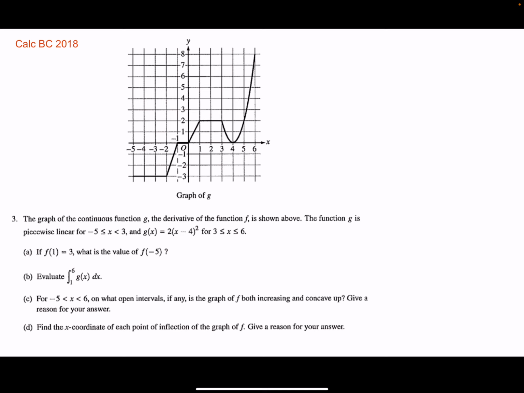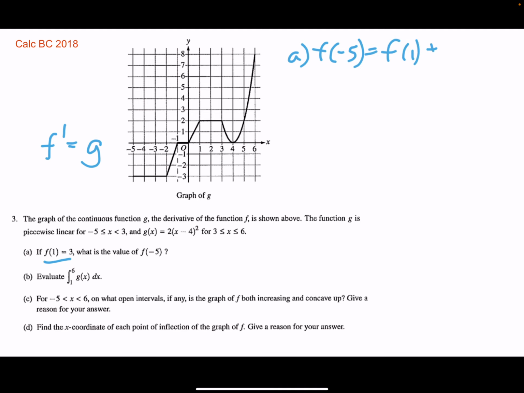They're telling you that the derivative of f, which is g, is shown. So I know that f prime is equal to g. I'm looking at g. I have an old value of f, and I want a new value of f. So what I'm going to do, which is the way a lot of you guys are approaching this, is say that f of negative 5 is going to equal f of 1 plus